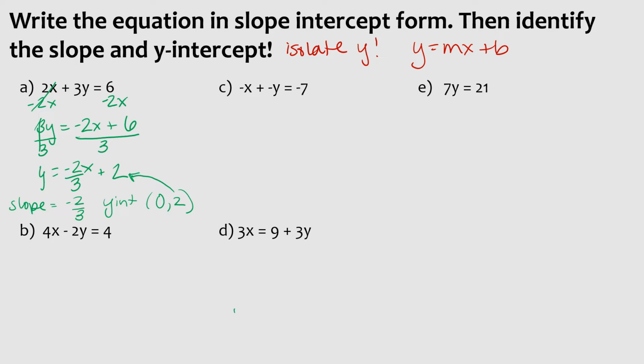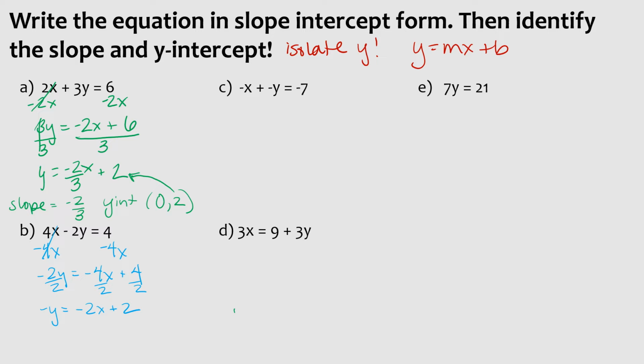Okay, here's another to try. So let's look at B. Again, I want to get y by itself, so I'm going to get rid of negative 4x on both sides. So goodbye. And that's negative 2y equals negative 4x plus 4, because that's what I'm left with. I can actually reduce this because they're all divisible by 2. So I'm going to reduce that a bit and recognize that if I divide everything